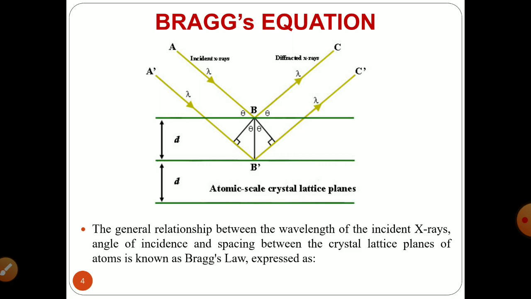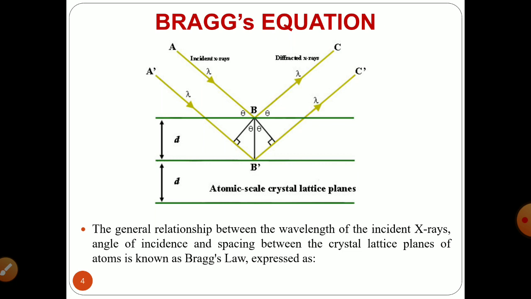So there are the factors: the wavelength, the crystal lattice planar spacing, and the incident angle of your incident ray, that is theta. Each rational plane of atoms in a crystal will undergo reflection. So every layer is responsible for the reflection, and the unique angle for each X-ray for a fixed wavelength will be your theta. The general relationship between the incident angle, the wavelength and the distance between each layer is